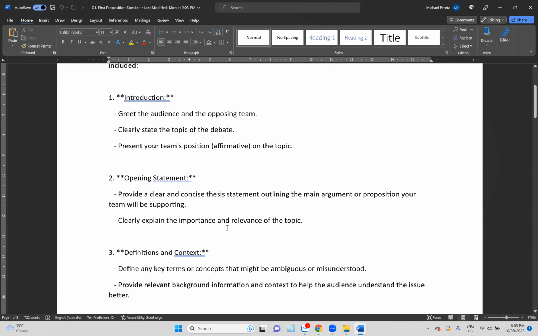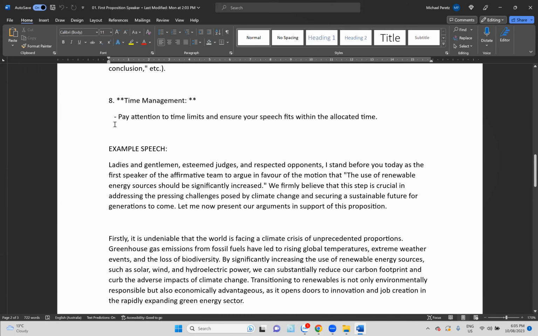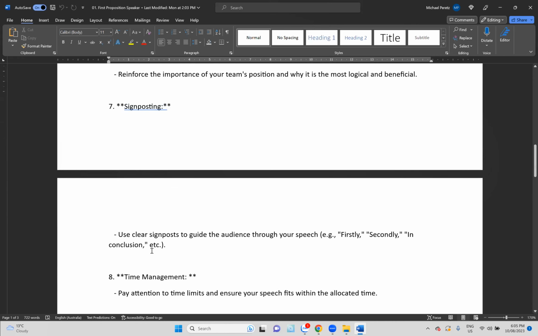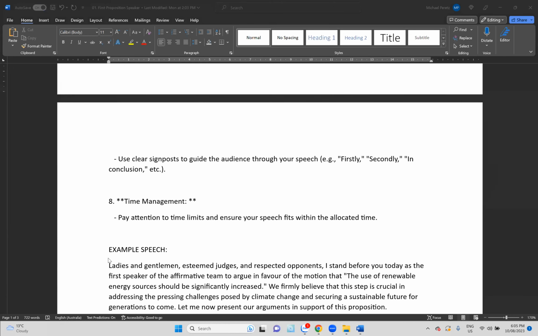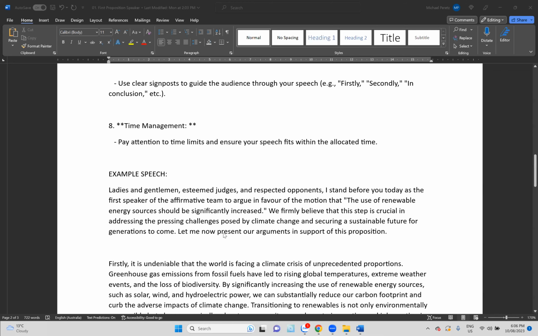So let's have a look now. And of course, I'll also point out the signposting, so really making it obvious which part of the speech you're up to. Because I had a few students in a few other debates and I honestly couldn't tell when one argument finished and the next argument started. So when you do give your multiple arguments, you need to make it really, really obvious when you are changing topics, essentially. So let's have a look here.